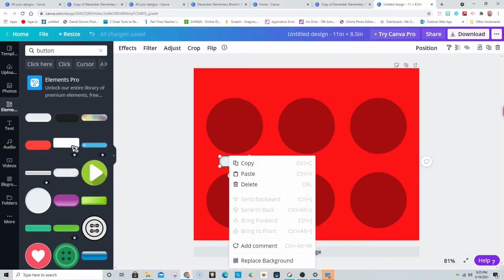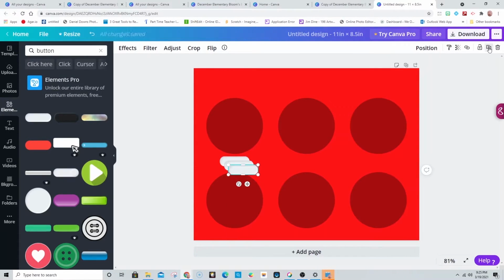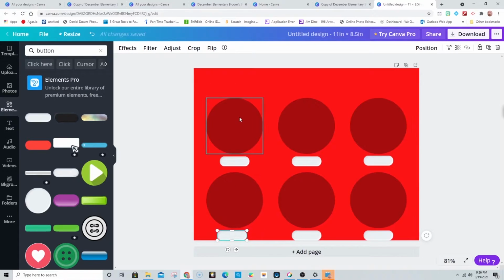So I'm going to now duplicate. What do I need? One more? Three. That's six. I think that's six. So I'm going to go put those underneath my circles. Oh, it looks like it's a little tight on the bottom with the size button that I've picked. Okay, so what that tells me is I'm going to take all three of these and I'm going to budge them up